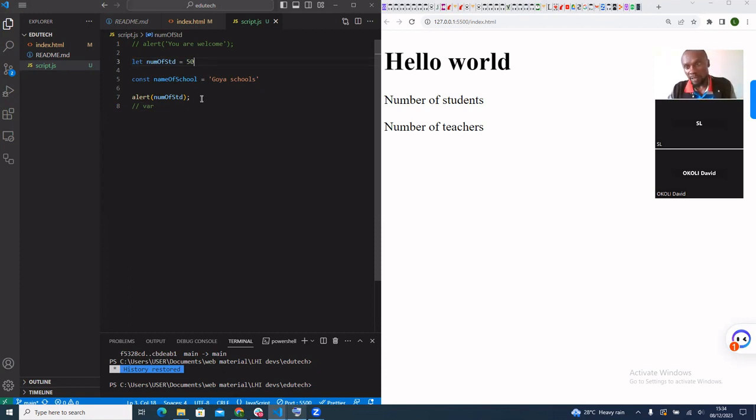Okay, let me tell you the difference between let and const now, which was what I was driving to. If you notice what I did, when I was declaring the name of the school, I deliberately used const because I know the name of the school does not change. It hardly changes. Names of most schools have been there for 100 years or so. Now, if you want to declare a variable that is likely not to change all through the course of your work, you use const. But if you want to declare a variable that has a tendency of changing,